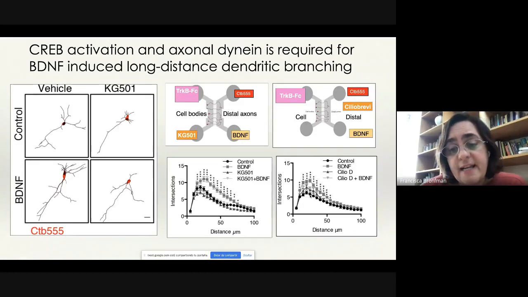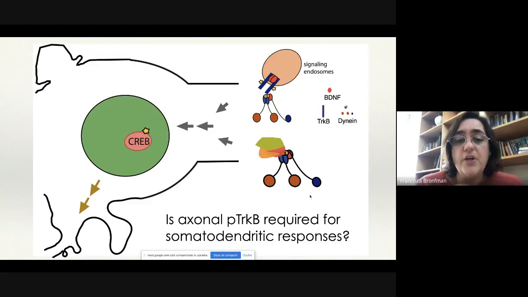So dynein reduces the activation of CREB, and CREB is then required for the effect on morphology of BDNF added to axons. Another question that we asked is, we know that the activity of TrkB when you add BDNF in axons is important. So we wanted to know whether maintaining TrkB activity is required in the cell body when BDNF is